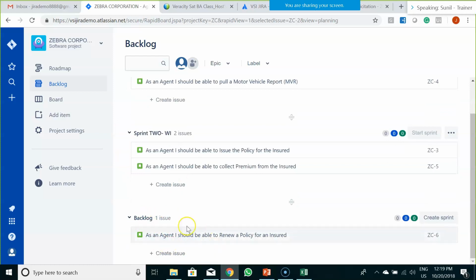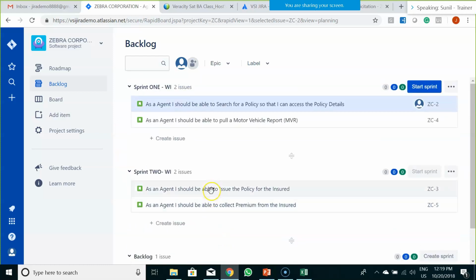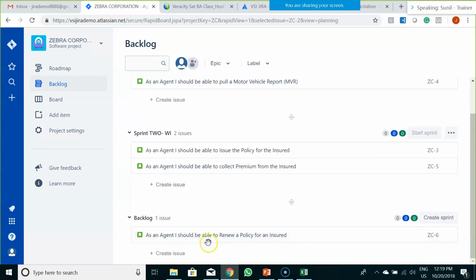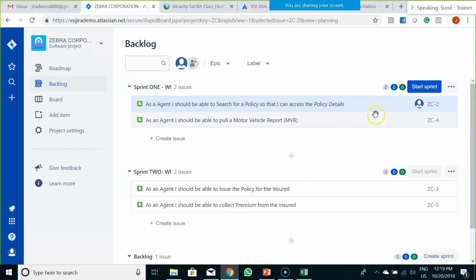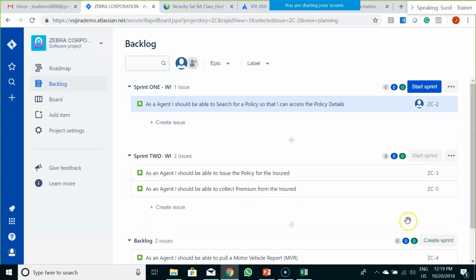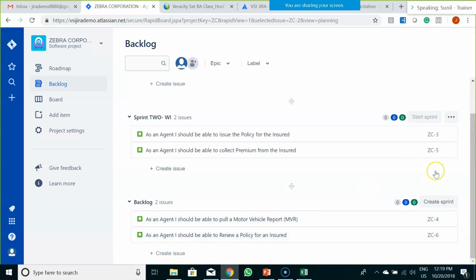And this is the actual product backlog, wherein all other user stories would rest. Until these 2 sprints are complete, this user story cannot be picked up. Now, what if sprint 1 ends and this user story is unable to complete? So what you have to do, you have to put it back into the backlog. There are 2 options over here: top of the backlog or bottom of the backlog. I would put it at the top of the backlog. So it again went to the backlog.